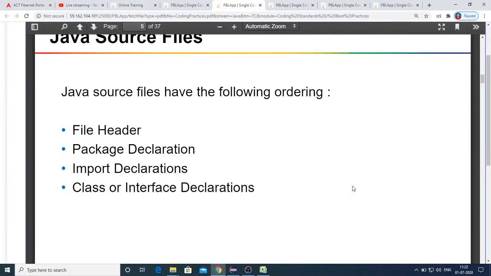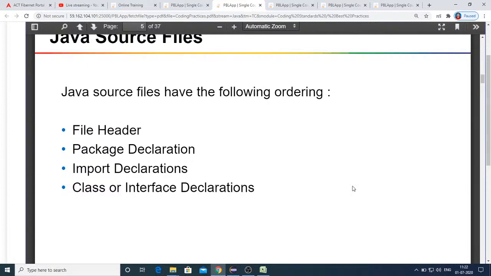But in real time, they will not let you do that, because as per the theoretical concept, star indicates import the entire package. But in reality, you might be using just one or two classes from that package. Still, if you import all the classes or interfaces that are part of the package, then when you compile, automatically the entire package's classes and interfaces also have to be recompiled as part of your actual file.